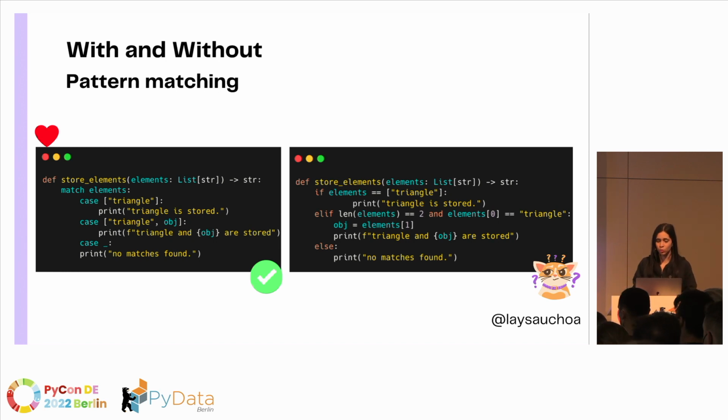If you try to do the same without the pattern matching, you would be using if, elif, and else statements. And this can be a bit nasty because you start to get verbose. I have to access the second element of the list. I have to do a comparison. I have to also see the length of the list. Are there elements? I have to save the second element, or the element that you want, as an object. I have to save it in a variable.